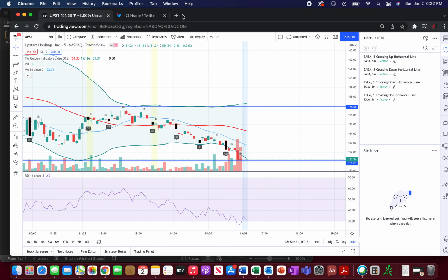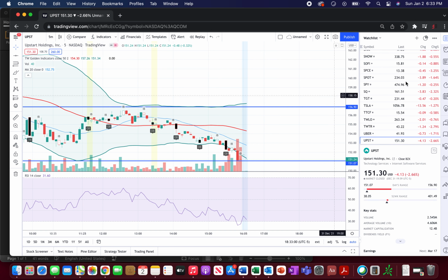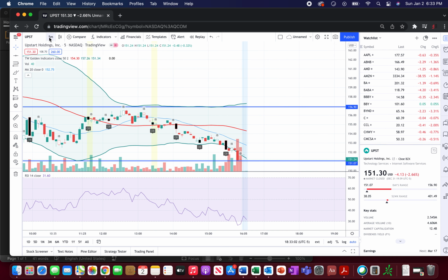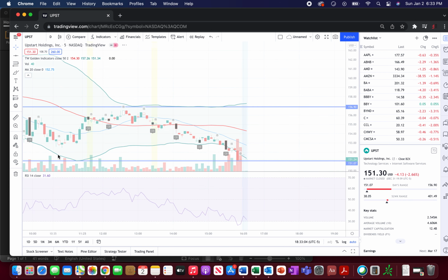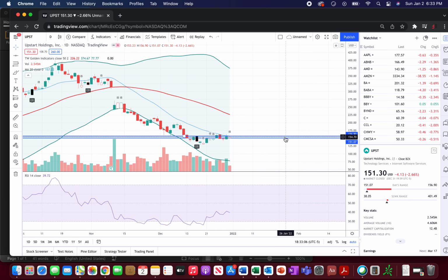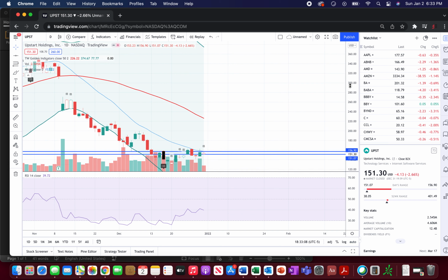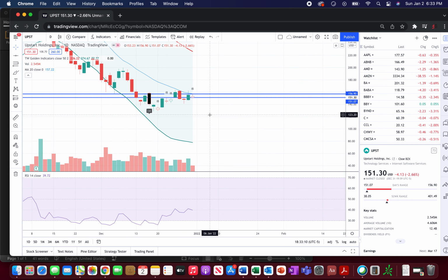How y'all doing, everybody? I just wanted to show y'all my thought process when it comes to creating watch lists, intraday trading, and pretty much what I do on a nightly basis in preparation for the next trading day. So first thing I do is change my chart to the daily, and basically what you're looking for is